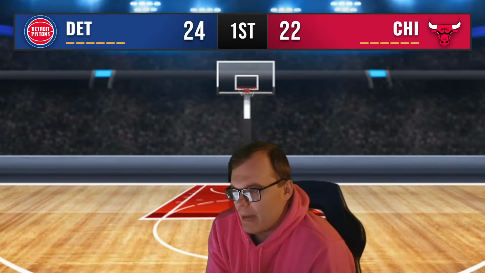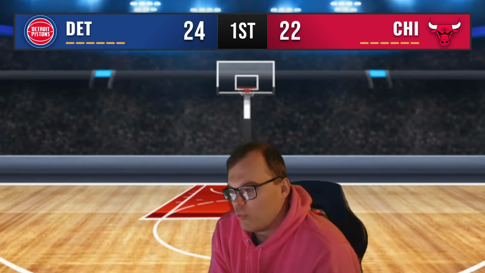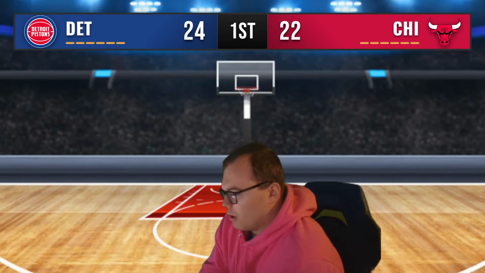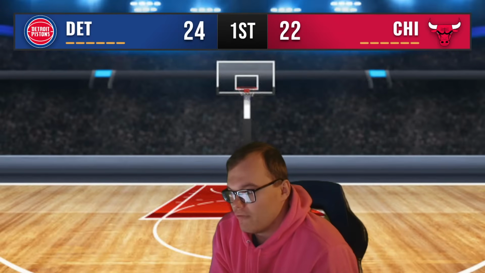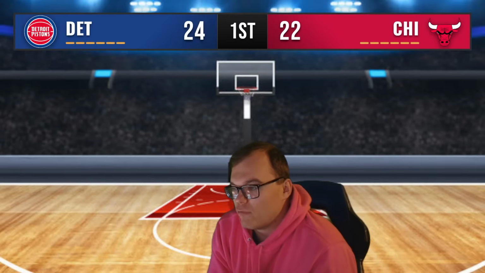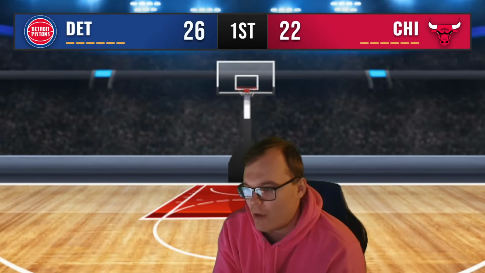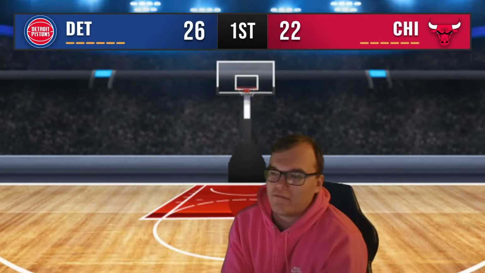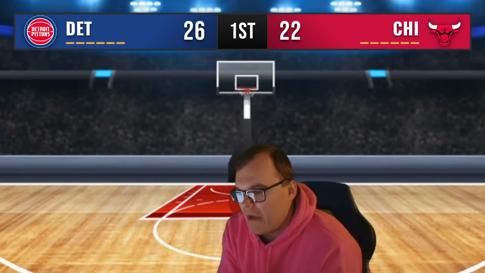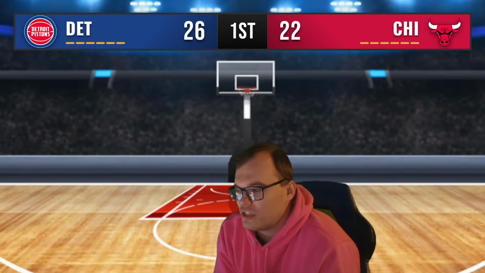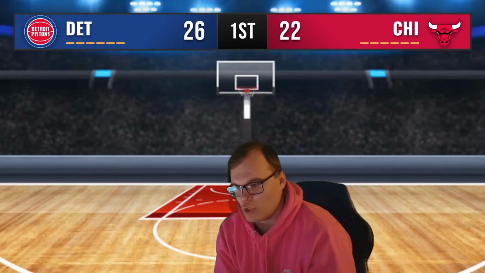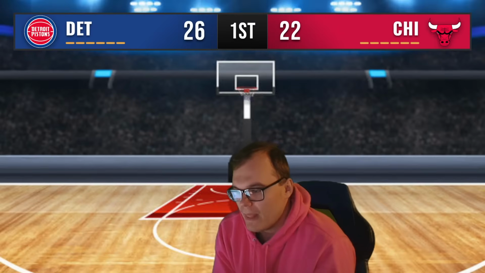Jenkins at the top of the key. Finds Ron Holland on the left wing, dishes it off to Cade LeVert. LeVert working against Simons at the top of the key, who they traded for at the trade deadline. Paul Reed sets the screen, finds him inside. Paul Reed turnaround shot is off the mark, no good. Boarded by Richards. Asar goes to swipe it away, finds Ron Holland inside for the slam underneath. Great defensive play from Asar Thompson to find his boy Ron Holland underneath. It's a 26-22 Pistons lead, a 9-1 run the last 2 minutes and 30 seconds of this first quarter. Pistons up by 4.